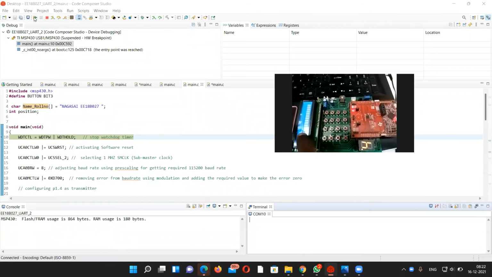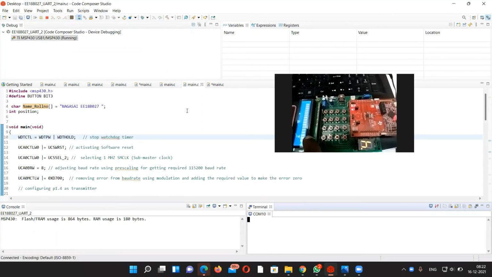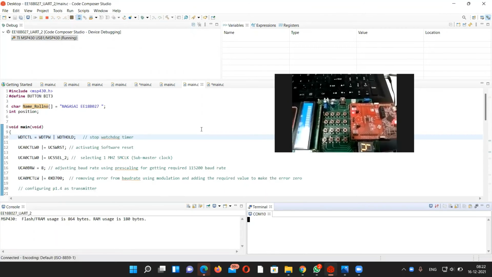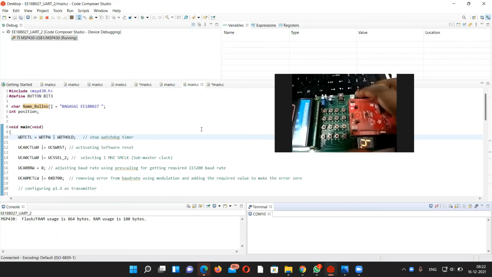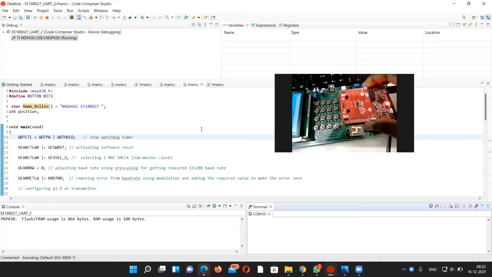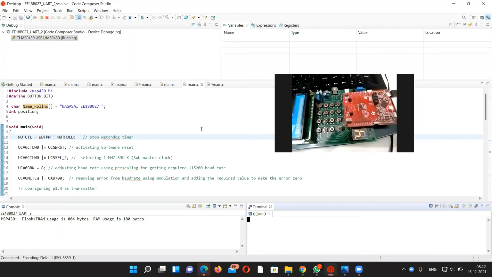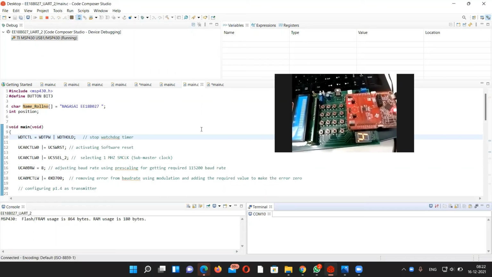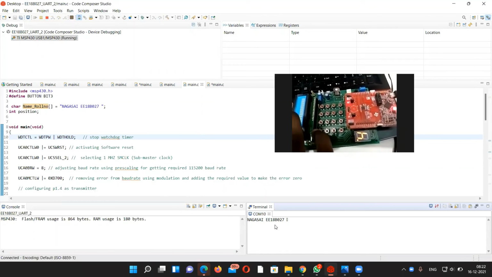Let us press this push button. So now I have created the interrupt. Let us see whether it is getting properly on the terminal or not. We can see here we are getting our name followed by the roll number.